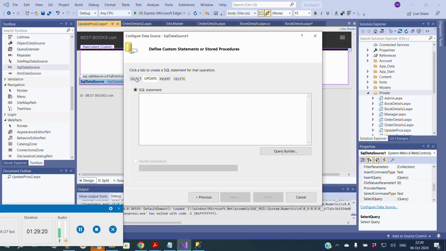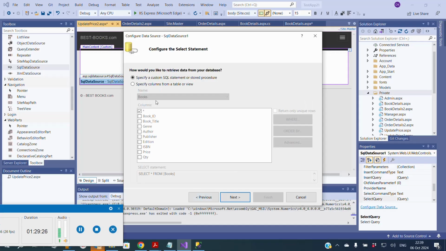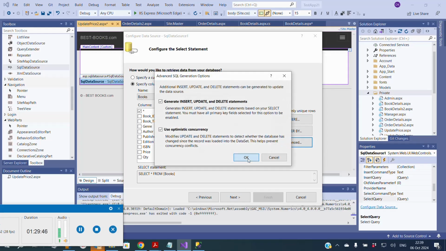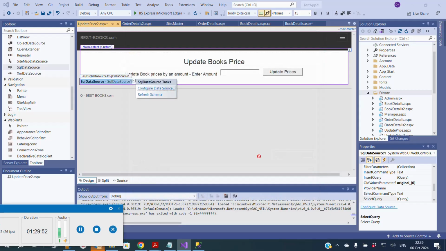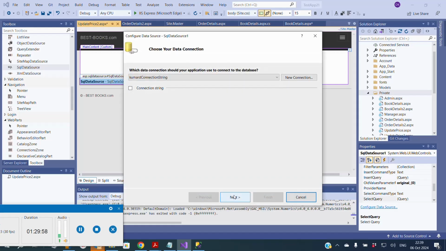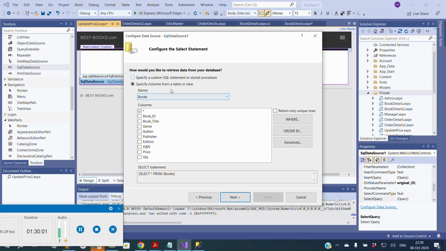So in update statements, of course, let us get the, or we can directly type the update statements. All we have to do is specify the update statements for the book table here. This obviously provides us different statements. We can try and just do that first, and after that go to the configuration, go to next, and check